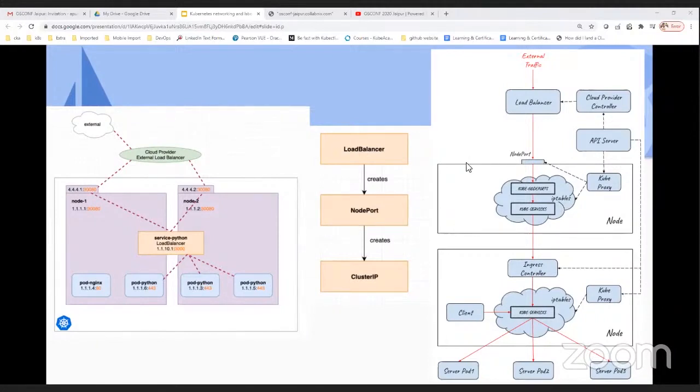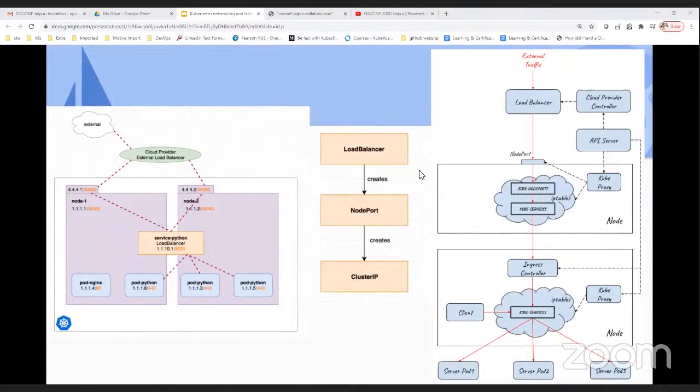Okay. So in the last section, we have seen how external traffic will come to your pod. This is what I want to try to explain to you. If you check out the middle diagram, if I'm exposing any service, don't worry. If I'm creating any service like a load balancer, or if I'm creating a node port type of service, behind the scenes it is actually going to create the cluster IP. Or if I am creating any service like a load balancer, it is creating the node port and cluster IP too.